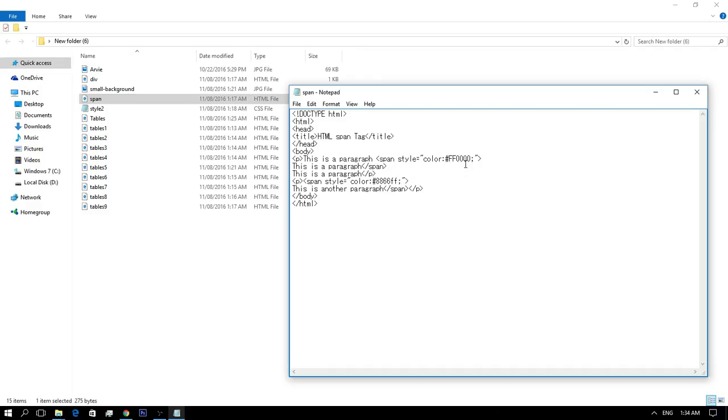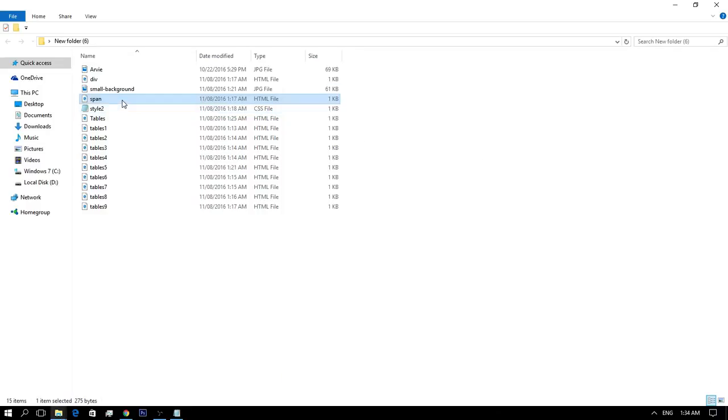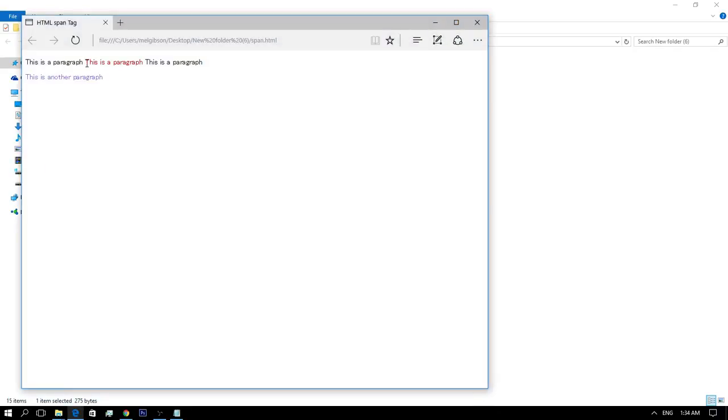The span tag is used with inline elements, while the div tag is used with block level content. So these are the span element tags. If you open this in the browser, you will see it adds colors to our text.